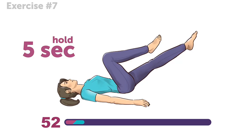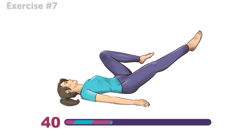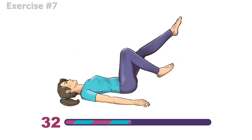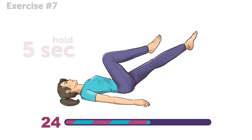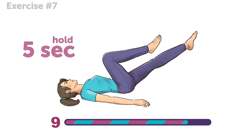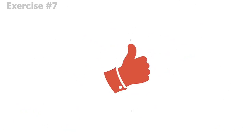Again, don't rush. Try to feel your muscles stretching. This exercise is kind of like riding a bike, just without the circular movements, right? You're doing great. 30 seconds to go. Three, 2, 1. And that's the end of our workout. Congratulations, you made it! Did you manage